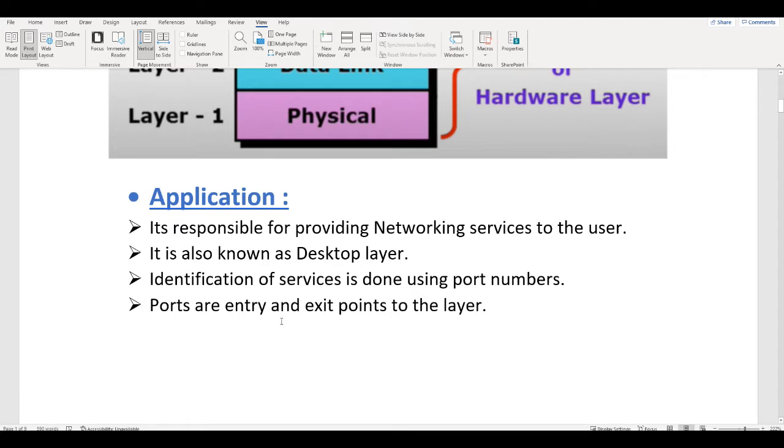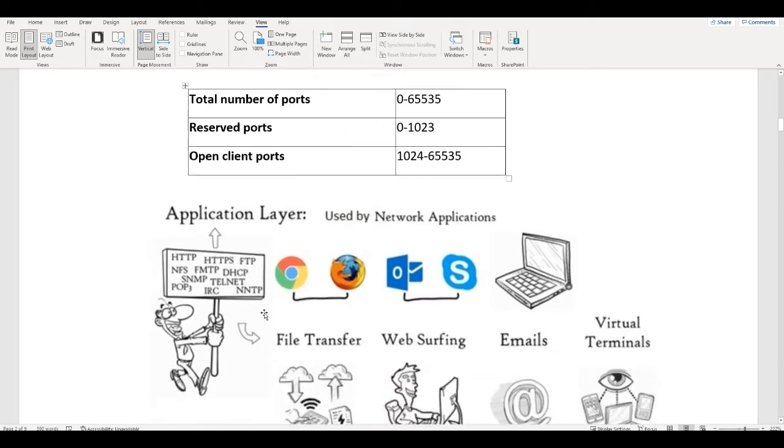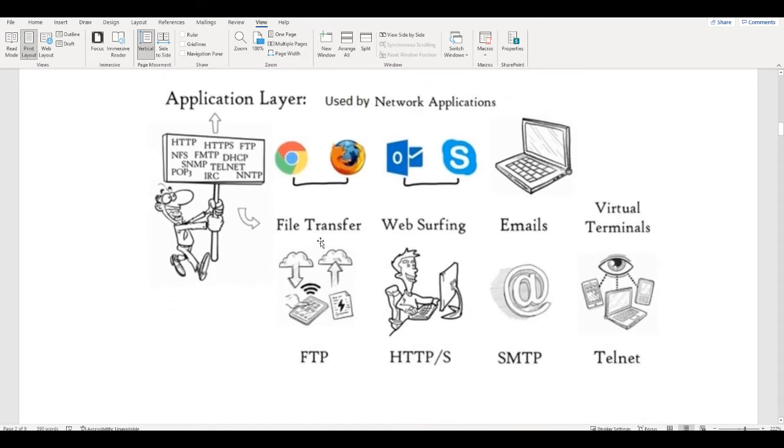When you try to access a website, it will have a port. Not only the browser: for example, if you're trying to upload data, it will be FTP. If you're trying to access your bank website, it will be HTTPS. If you're trying to access your emails, it will be SMTP, IMAP. Or if you're trying to access a remote server, it will be RDP.